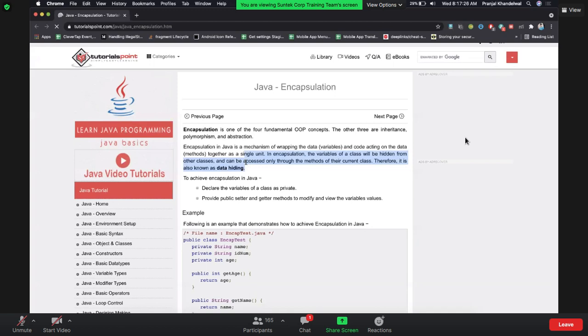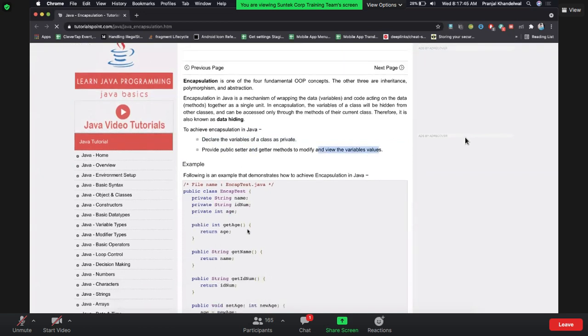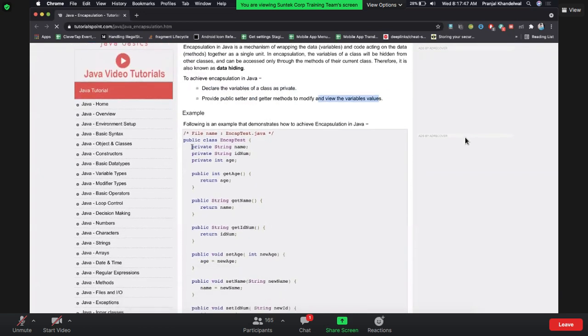This is what we have discussed so far. What should we do to achieve encapsulation? There are two things we have to do: declare the variables of a class as private, and provide public getter and setter methods to modify and view the variables. Let's take an example.